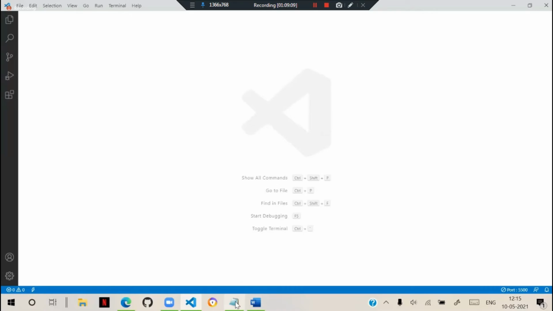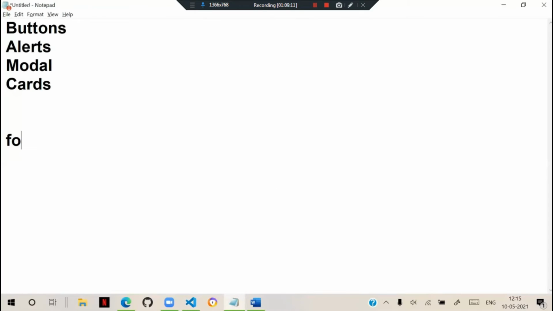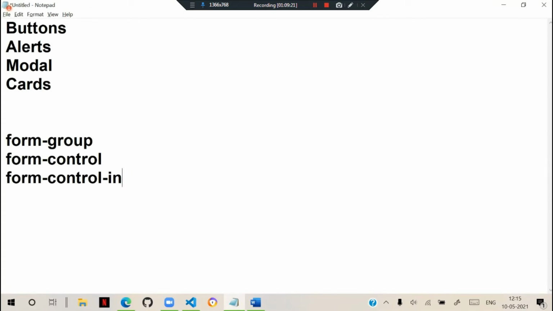Actually, earlier for forms, we had form-group, form-control, like form-control input, range, form-control file, and form-control check. These are enough actually for designing a form.